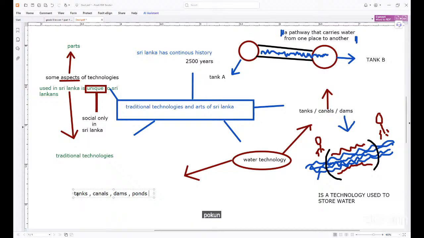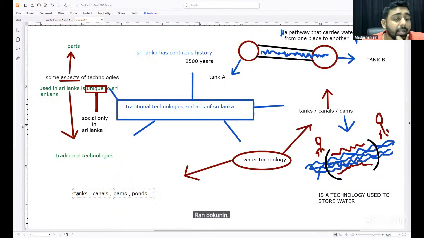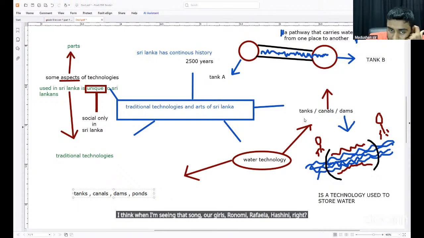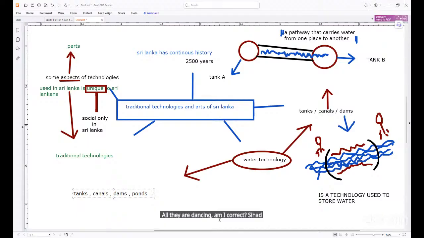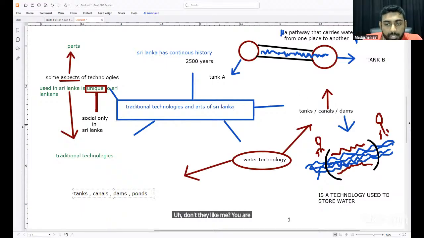Pokunu. Run pokunin. Diyanagen inni malmad bis uni kohido yanni. I think when I'm singing that song, our girls, Ranumi, Rafaela, Hashini, right? Or Vini, all they are dancing. Am I correct? Selini, Shama, Sihatma. No, sir. No, Ah, sir. don't tell like you are dancing. I can feel it. I can feel it. You are doing like this. Run pokunin